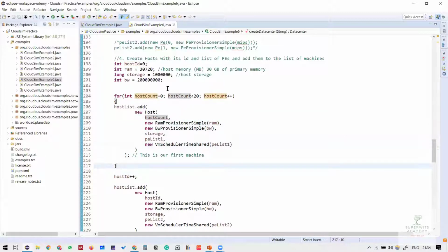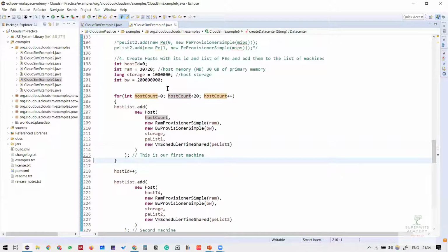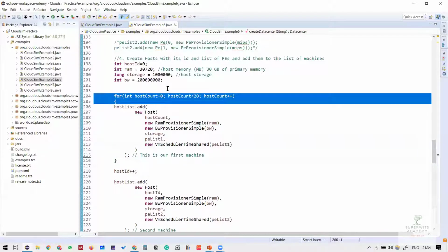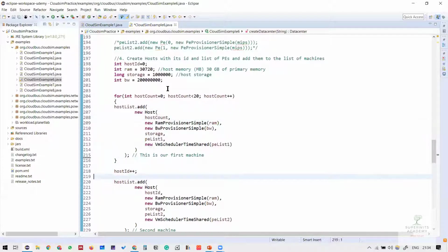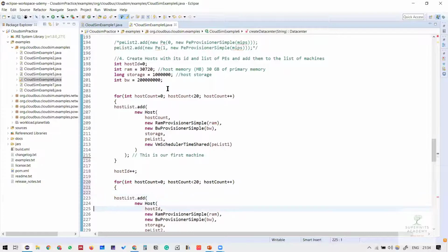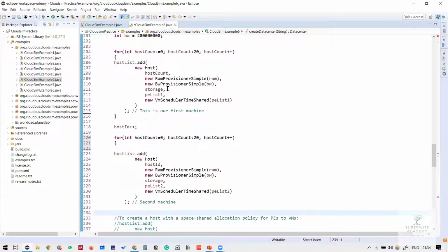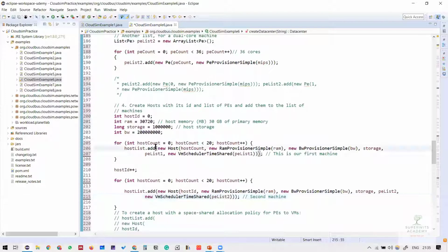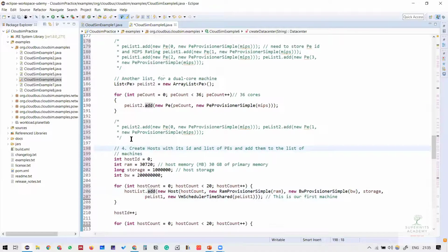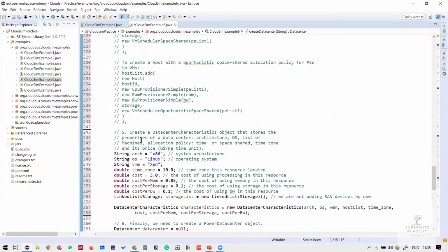Great. So right now, there is one thing which I need to take care of, because I'm going to create hosts multiple times. So let's say I start with this, and I do the for loop again here for the second instance, right? So this second instance is now formatted.